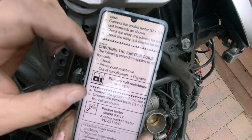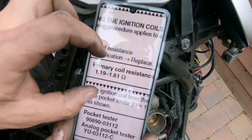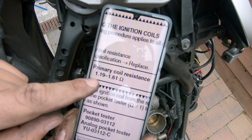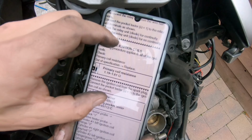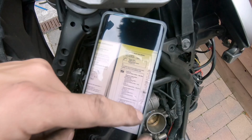So if we look at the manual, we can see that the primary coil resistance has to be between 1.19 and 1.61. Now I'm going to show you how to measure the primary resistance, and then there is a secondary resistance that we need to measure,